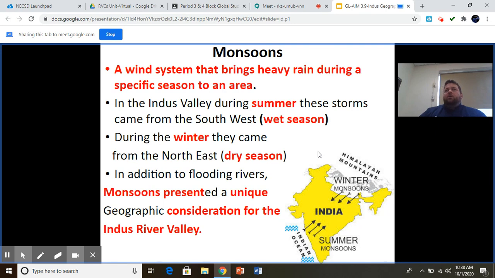So not only do you have the rivers to use for irrigation and water supply, but in addition to that, you have to contend with these monsoons and figure out how to plant and farm around the arrival of monsoons, both wet and dry. So this is just an additional consideration that's unique to Indus as compared to